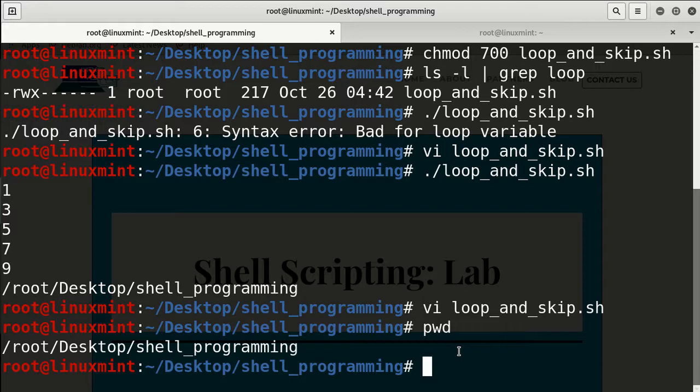Awesome. And now the pipe that we're using when we used ls -l and grep, we use it to take output from one program and put it into grep. So the pipe takes output from one program and sends it as input to another program.